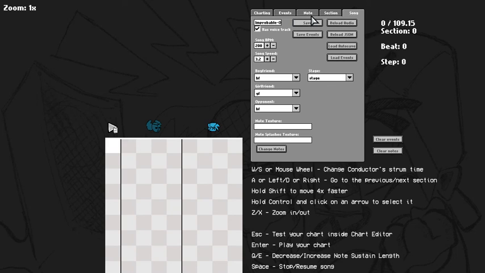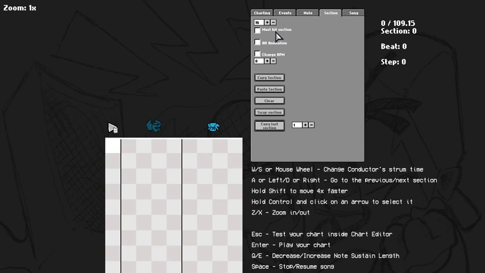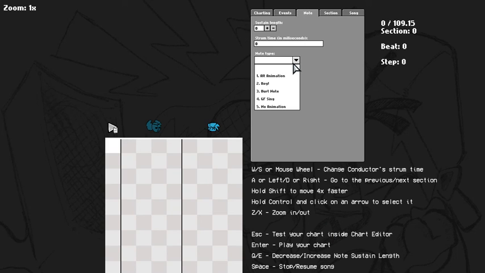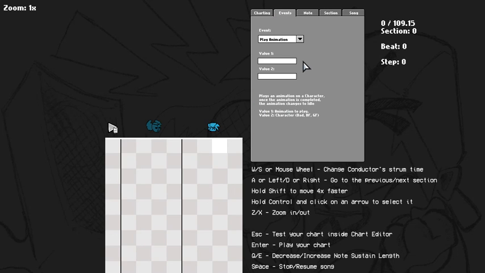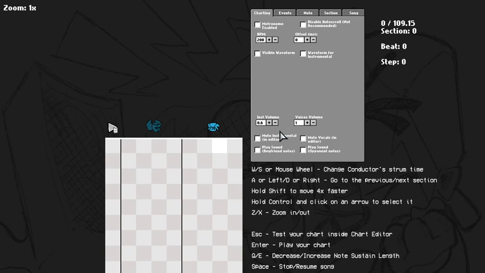So what you can do here is go ahead and change the sections. You have different types of notes: girlfriend sing, and hurt notes, which work just like the Tricky mod, so we're not going to mess with that. Then you can have events, which are script events, but we're not going to have script events in this song. And then you can have right here